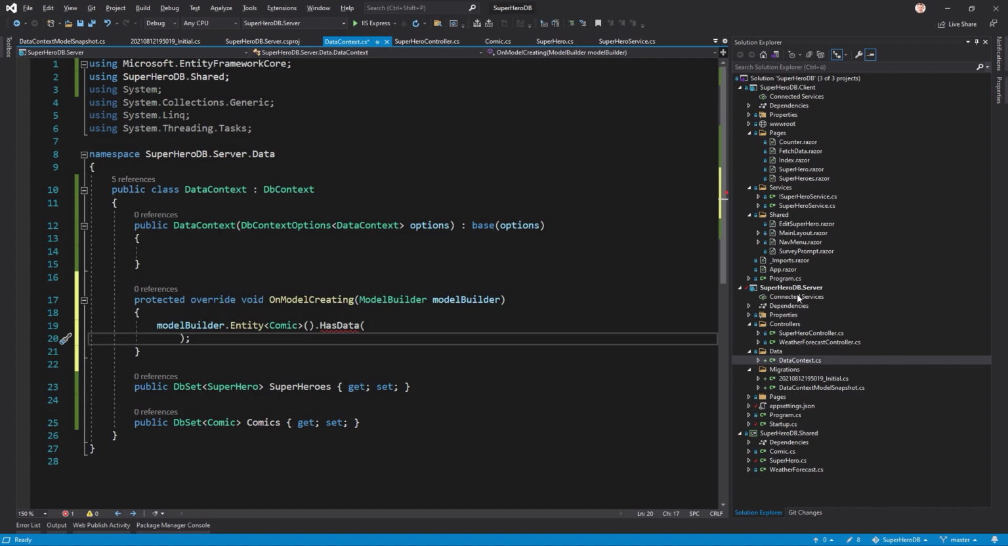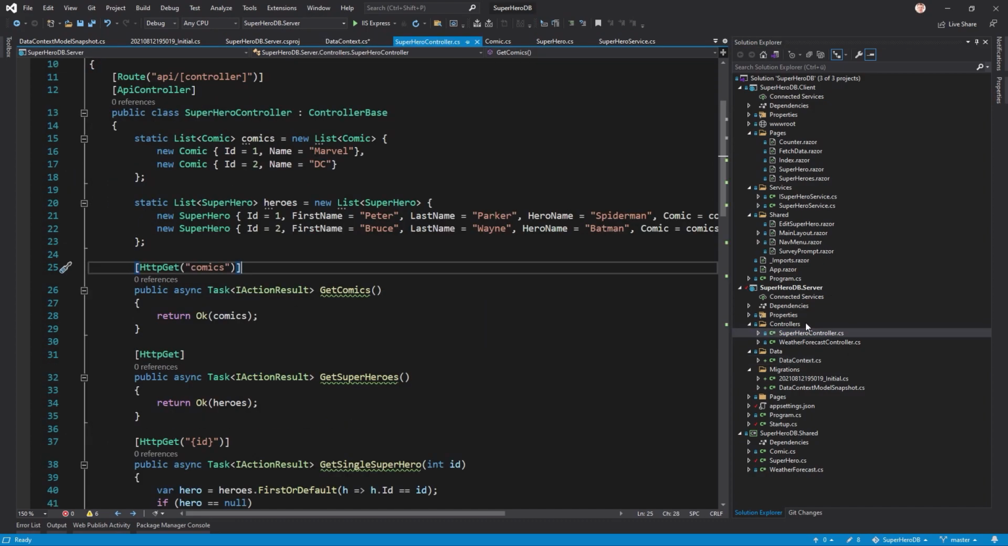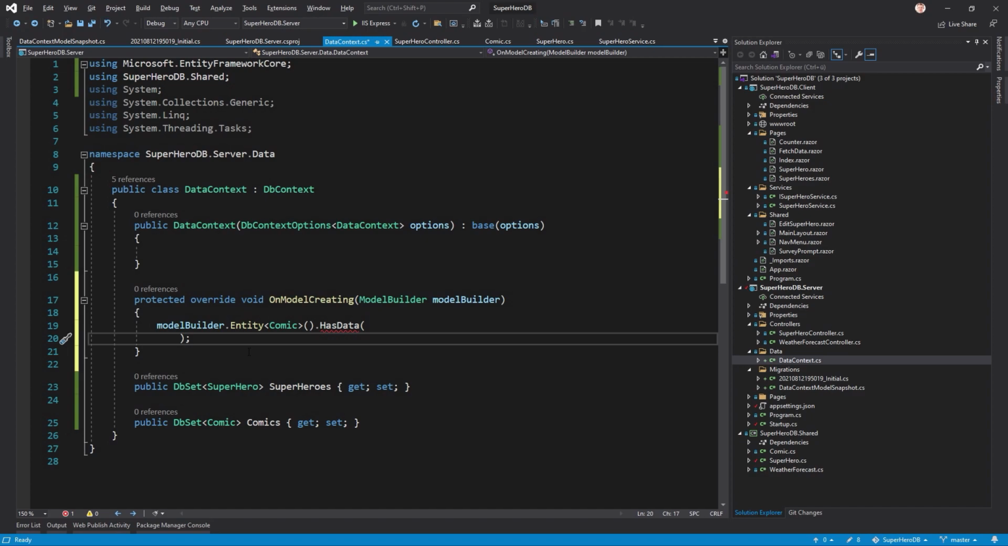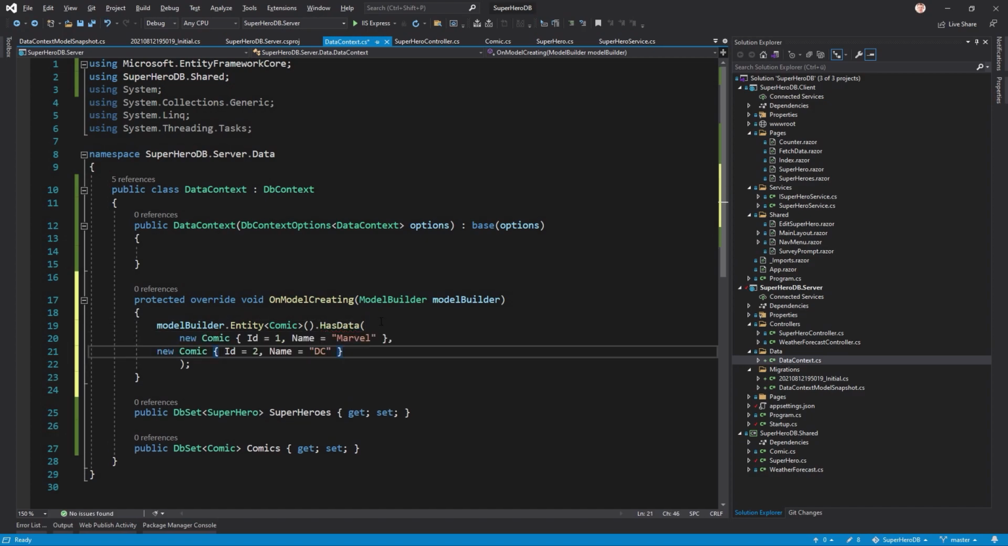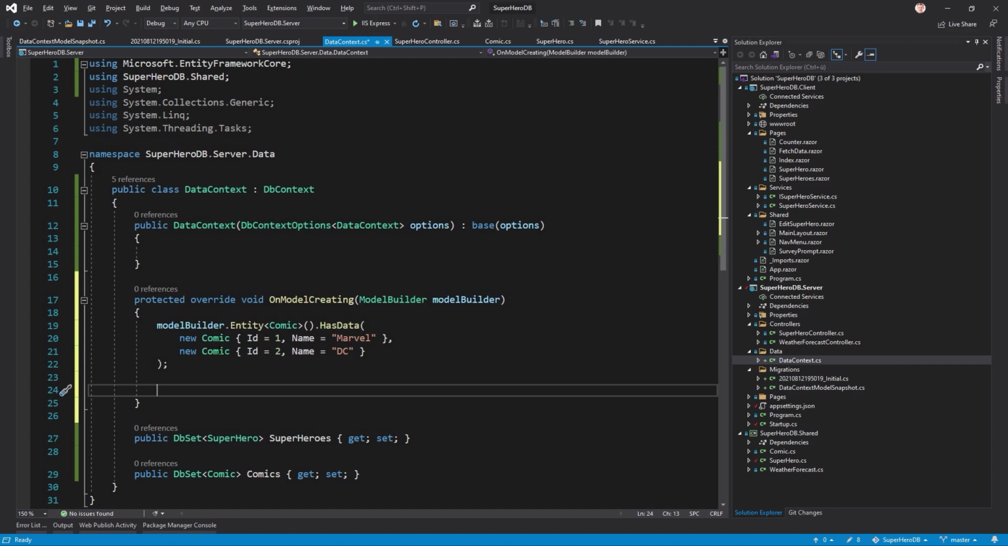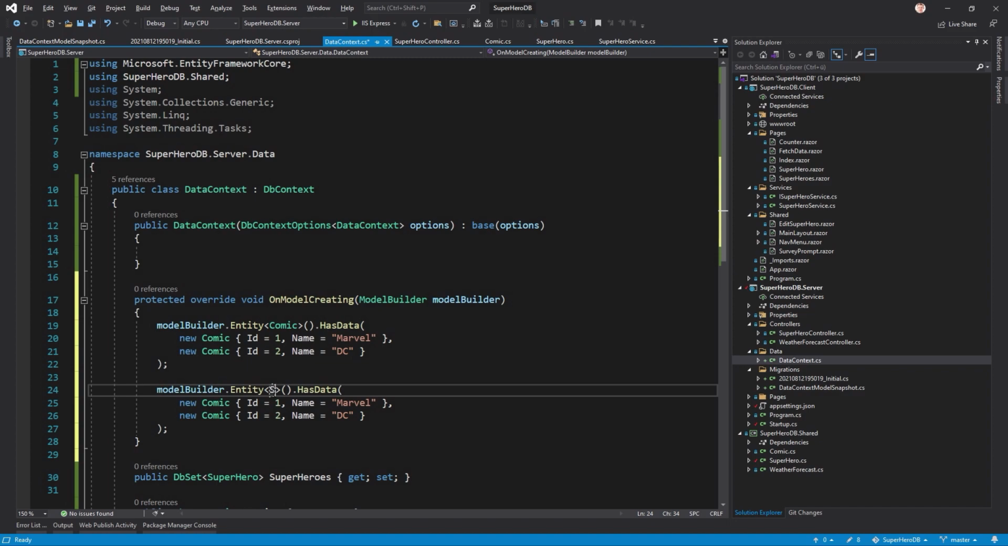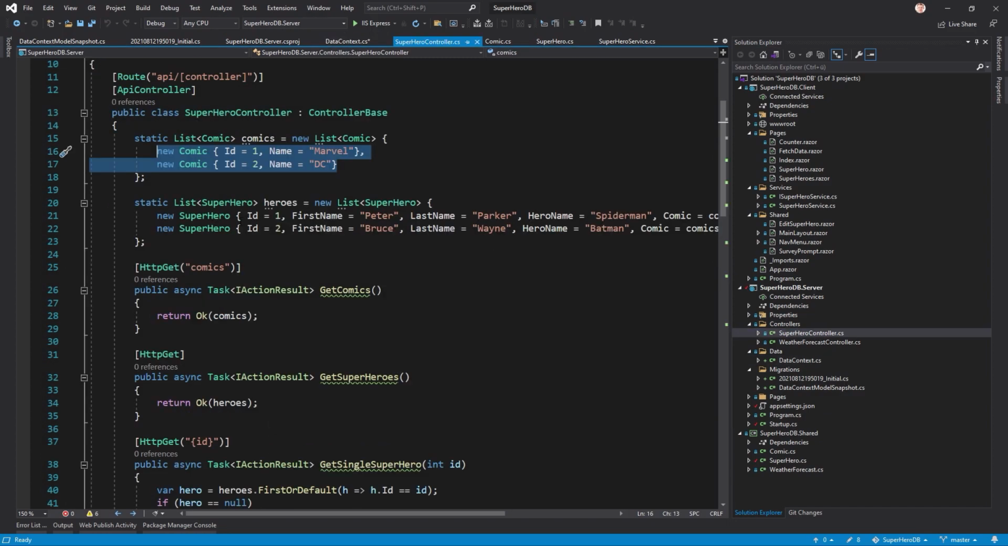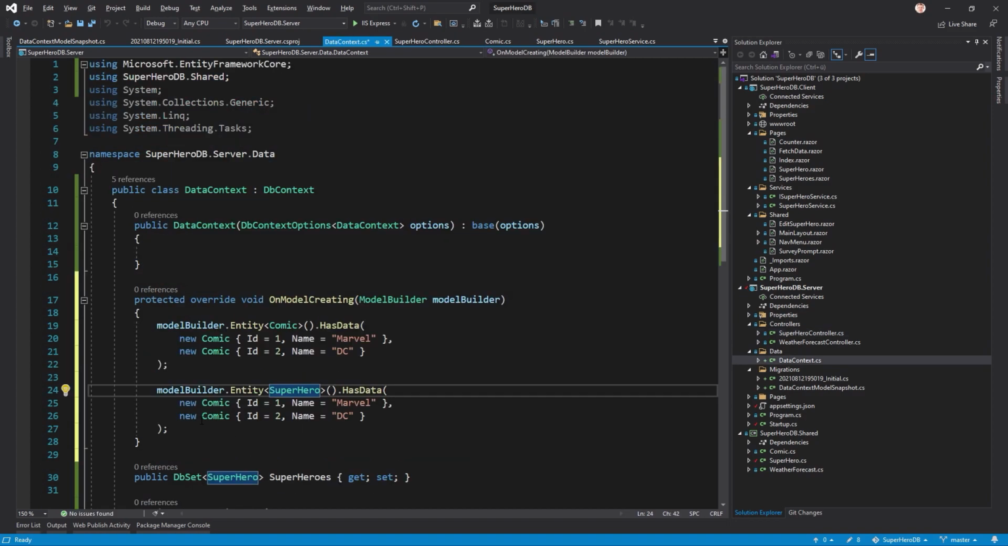And again, since I'm really lazy, I can just copy this stuff from here, go back and enter our comics here. And the formatting is not working here. I have no idea why, but that should work now. And we do exactly the same for our superheroes. So this time it's the entity Superhero. And here now we grab these two, go back